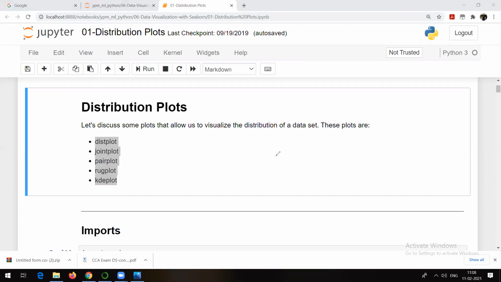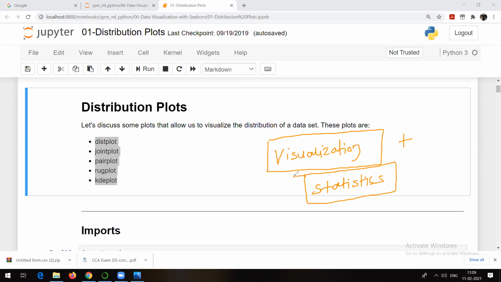It's all related to visualization, and visualization is a very important aspect of data analysis, machine learning, data science, even deep learning, computer vision, natural language processing, whatever you talk about. Along with statistics or mathematics, you are going to require visualization. You should know some packages which can help you do visualization. One of the basic packages we already talked about in the last session, that is Matplotlib. So Matplotlib plus Seaborn is what we make use of most of the time in real-time projects, right?